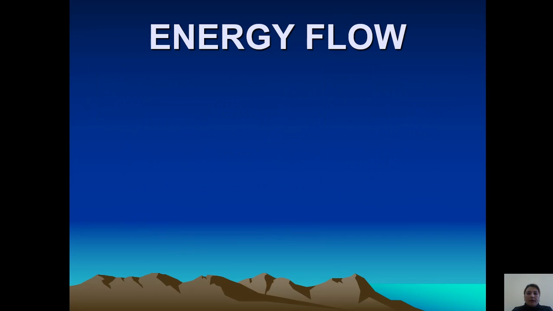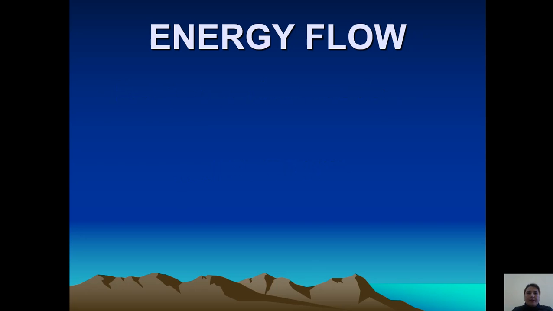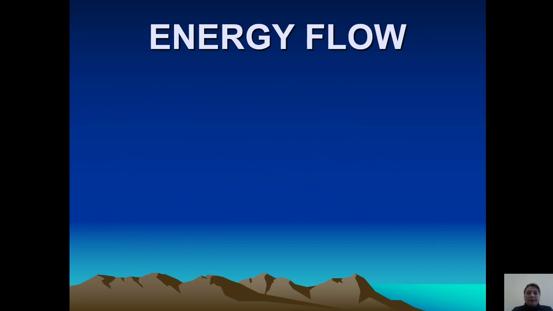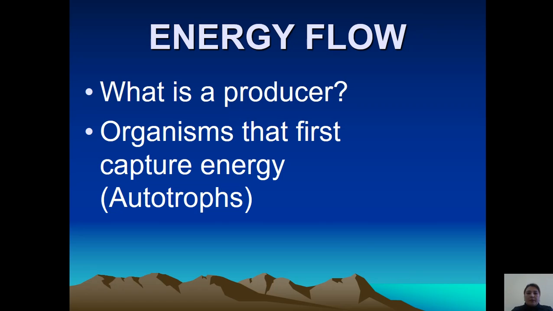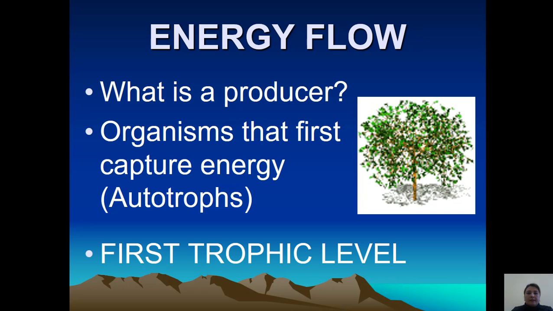Energy flow. Every organism also needs energy. Energy flows. What are autotrophs? Autotrophs are organisms that capture energy from the sun or chemicals to produce their own food. Energy flows. What is the producer? Organisms that first capture energy. First trophic level, and energy flow